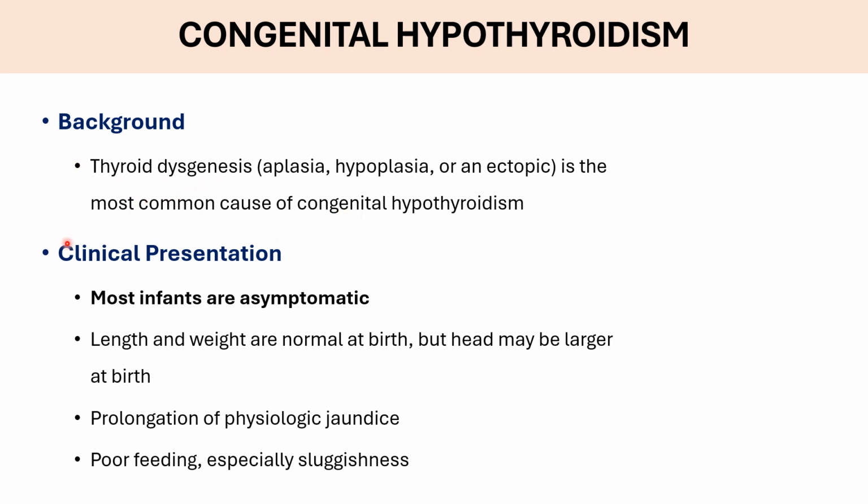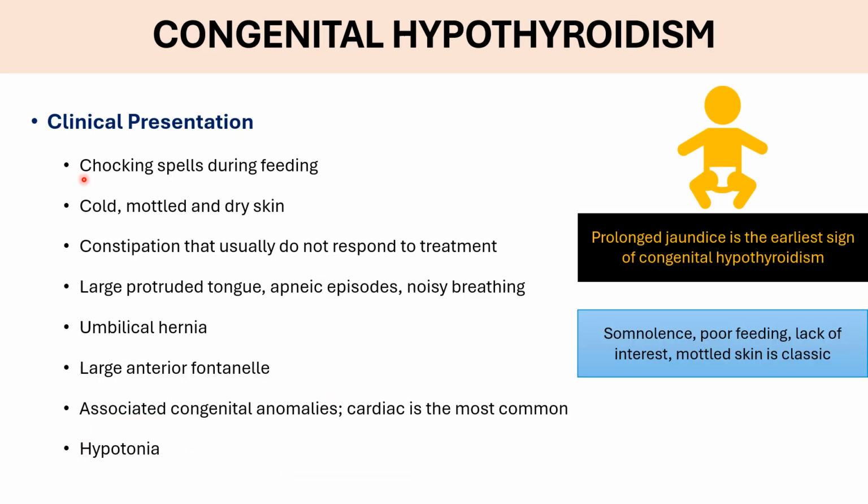Clinical presentation: most infants are asymptomatic. Usually length and weight are normal at birth, but the head may look a little larger. Prolongation of physiologic jaundice is a very important sign of low thyroxine or hypothyroidism. Poor feeding, especially sluggishness. Choking spells during feeding, cold, mottled and dry skin, constipation that usually does not respond to